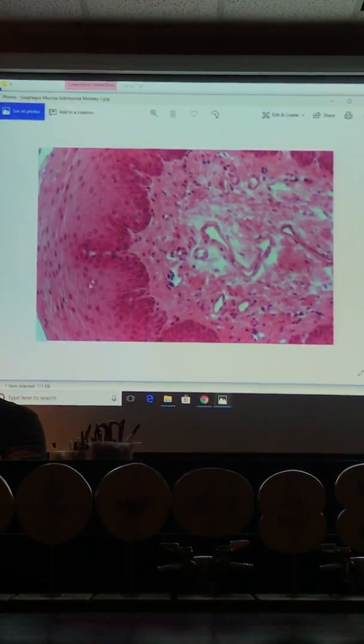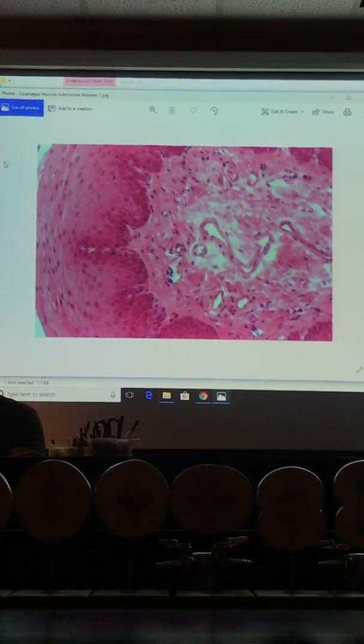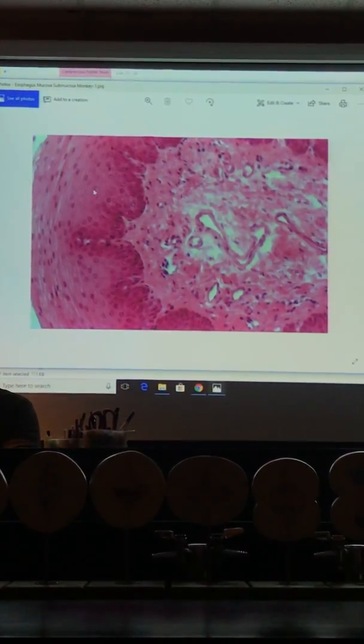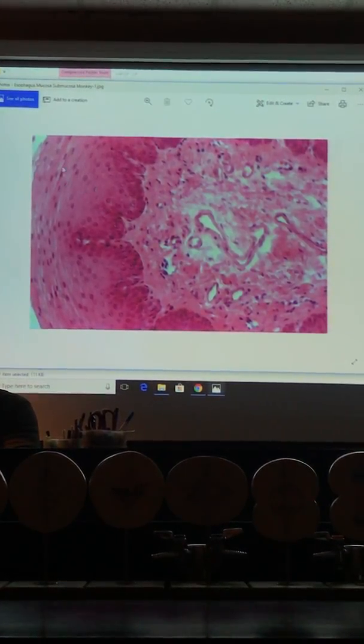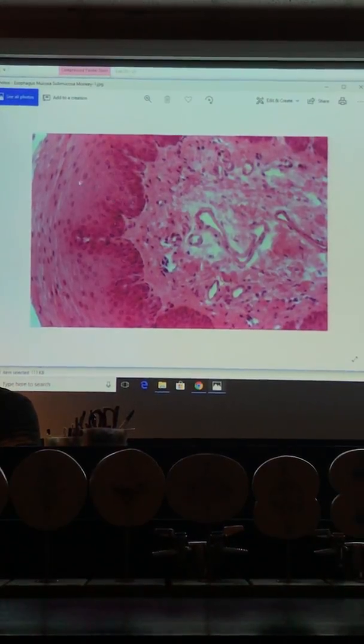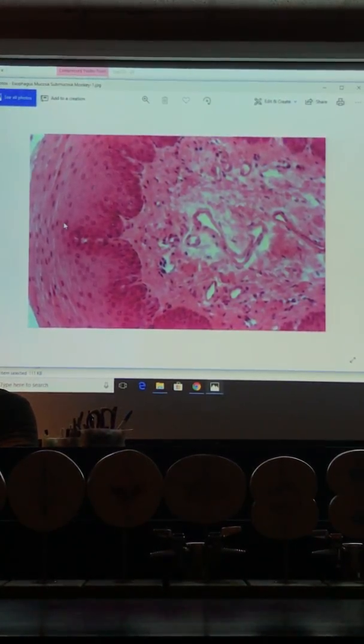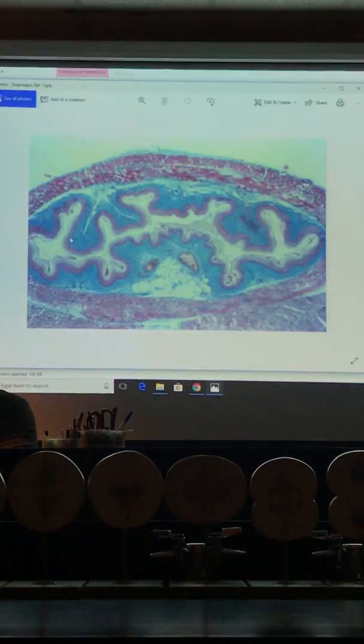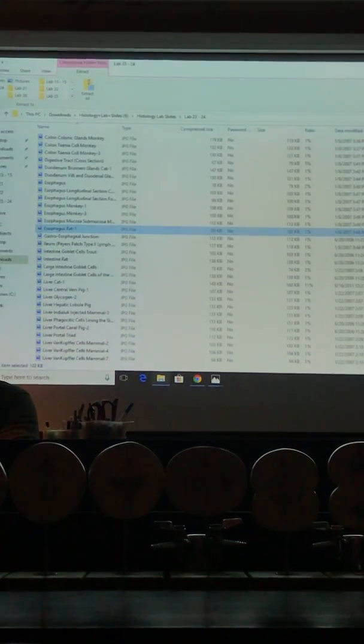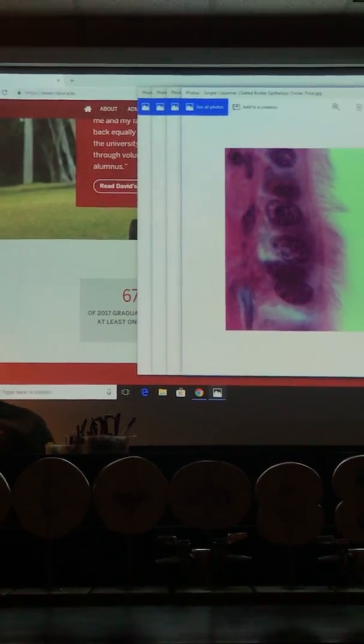So knowing that, and I would never ask you what's the orientation, but there's the lumen. Here is the layering. So this is stratified squamous epithelium. That's the best slide of that, of the lumens. I think that's probably all I need to ask you yet. So today, as you look through stuff,